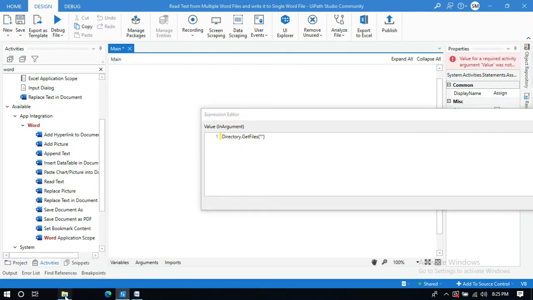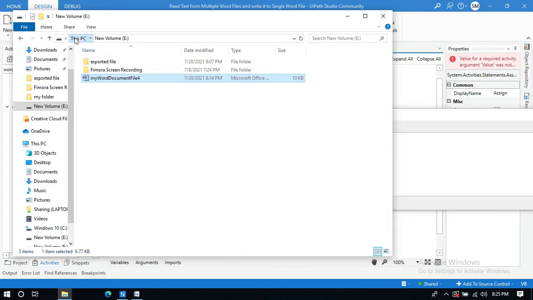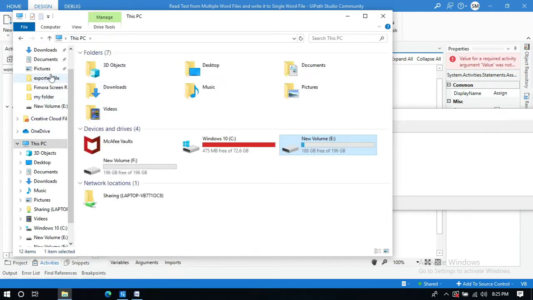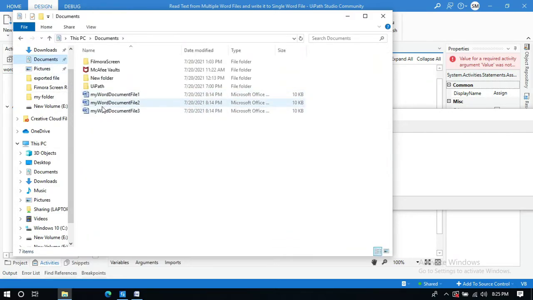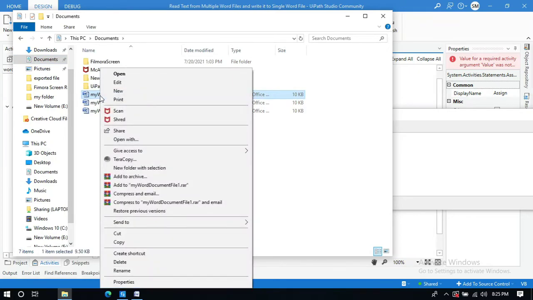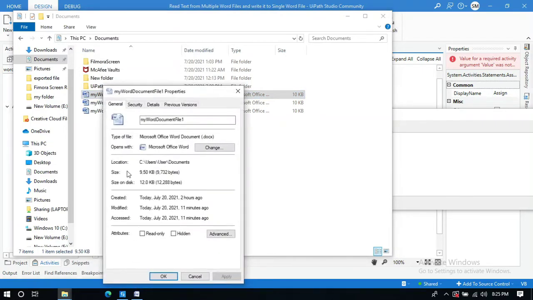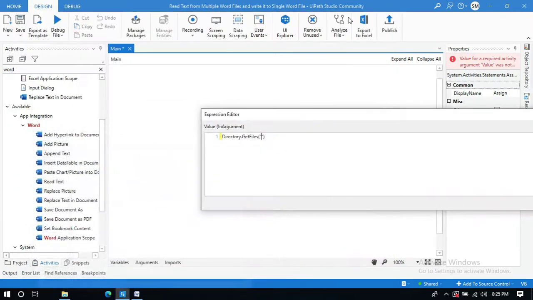These are the three files that I am going to read the data from. Let me look at this location. Right click on it and go to properties, and here you can see the location; just copy this, go to your UiPath Studio and paste it here.